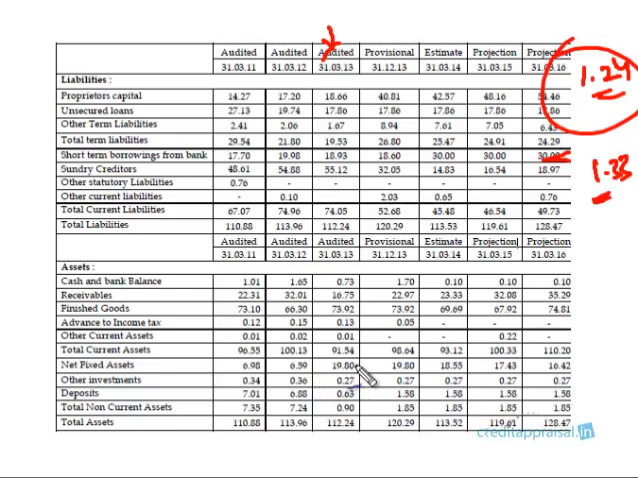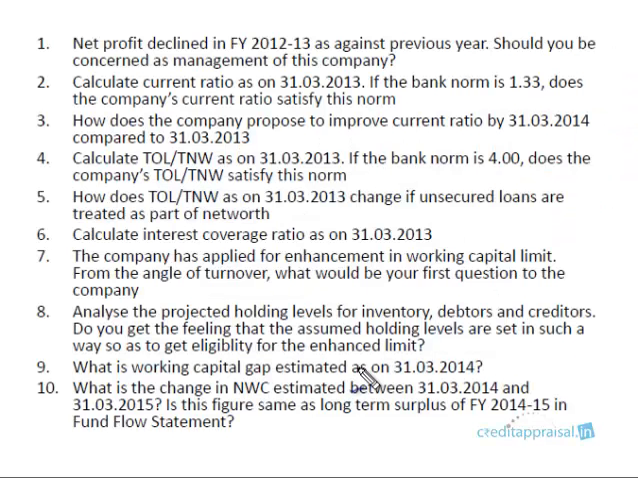Let us spend some time on the current ratio. Let us go to the next question. The second question is to calculate the current ratio, which is 1.24. If the bank norm is 1.33, does the current ratio satisfy this norm? It doesn't satisfy. Okay. So the third question is, how does the company propose to improve the current ratio by 31/3/2014 compared